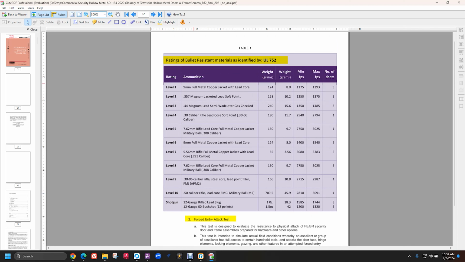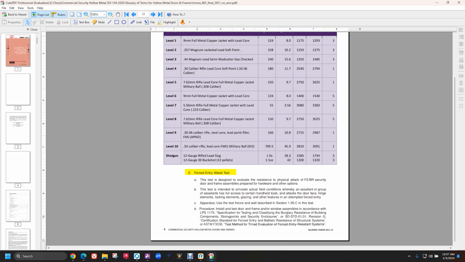So the FE is the forced entry. The BR is the bullet resistance. So here's bullet resistance goes on levels. So if you're doing a door that's level 4, this is the criteria of what they're guarding against. All right, forced entry